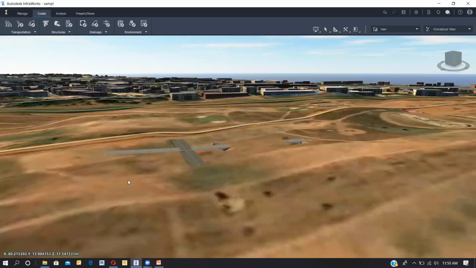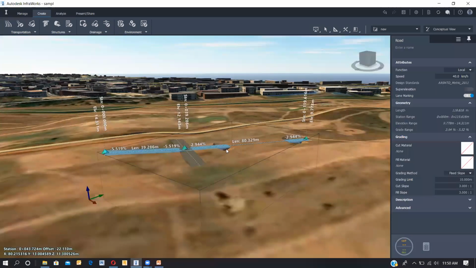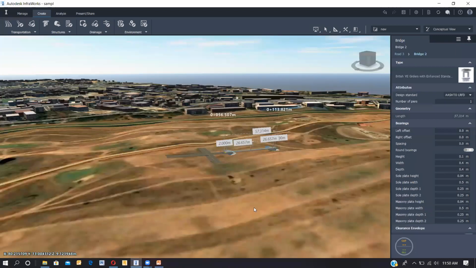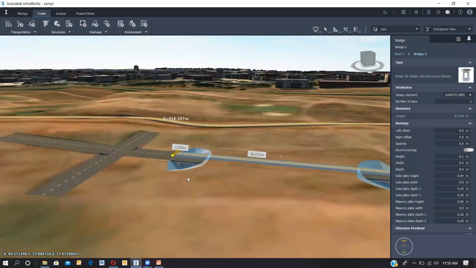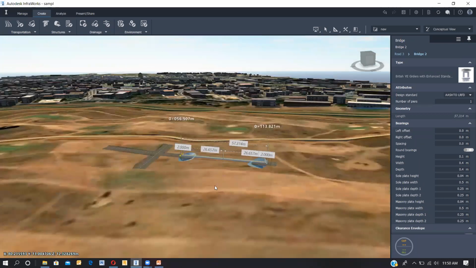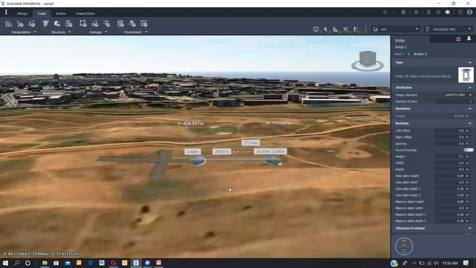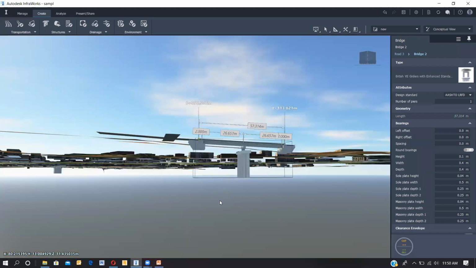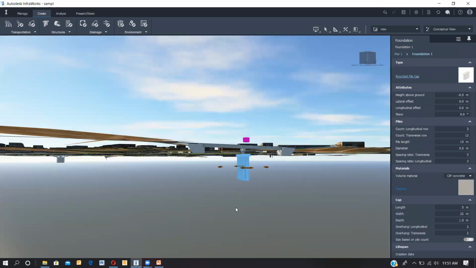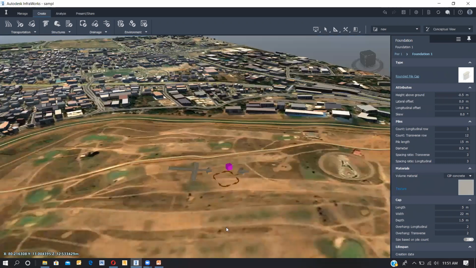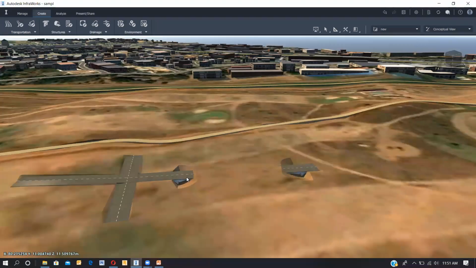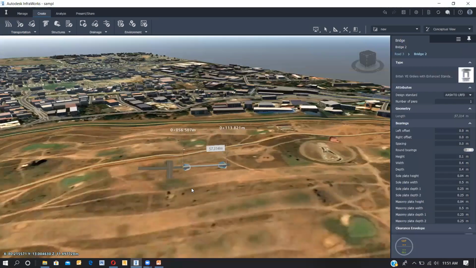We want to select the bridge for it. So this is my bridge, right? Okay.